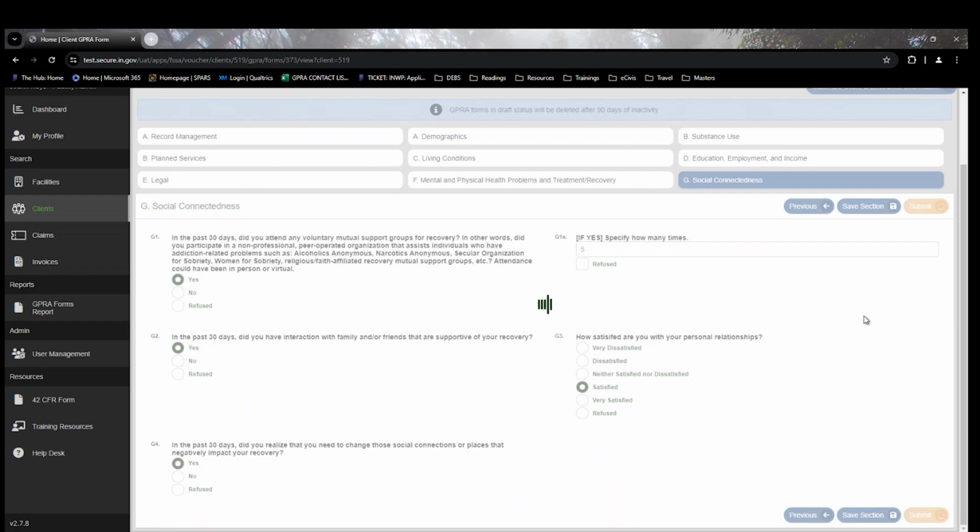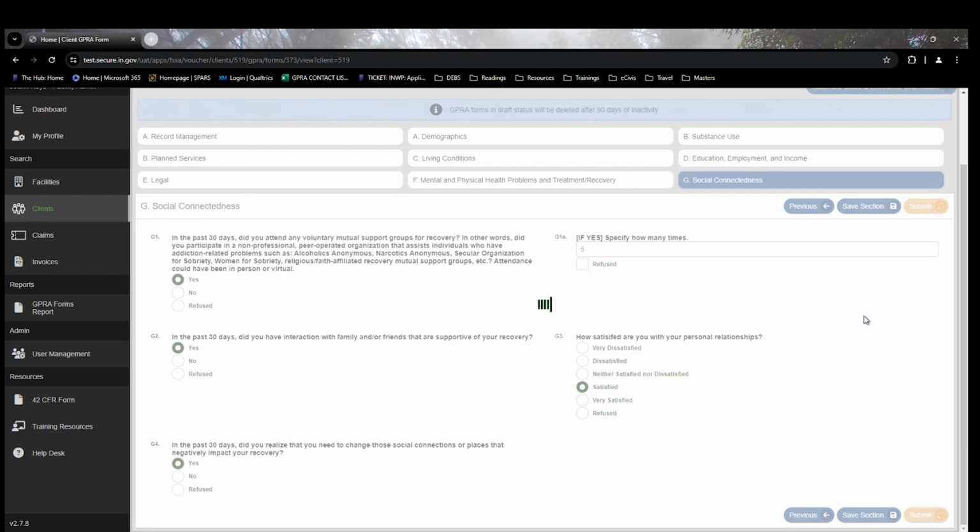Again, if the form is successful right now, it still needs to upload into the SPARS system. So GIPRA has moved from our DEBS website to SAMHSA's federal reporting system called SPARS. Overnight or each night, any GIPRA inputted into DEBS will process into the SPARS system. And if there are any funky responses or responses that do not make sense for the GIPRA collection, then you'll